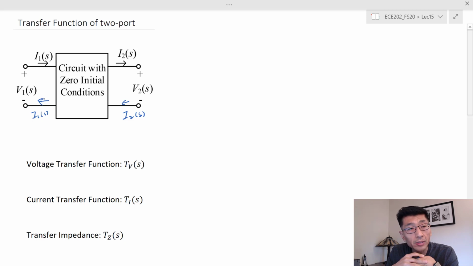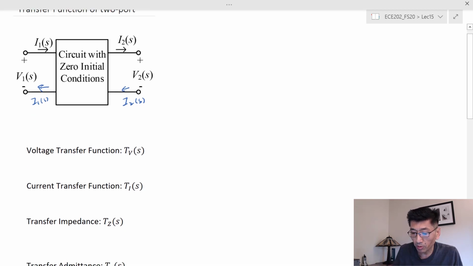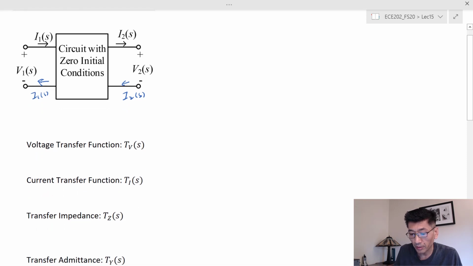But in our discussion, we are not going into the detailed characterization of a two-port network. The way the text presents it is not the most common way of characterizing the two-port network. But in any case, for a two-port network, we have the voltage and current, and so the input,